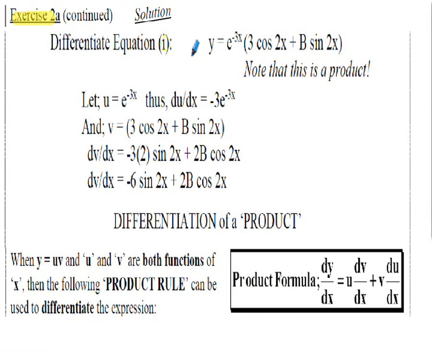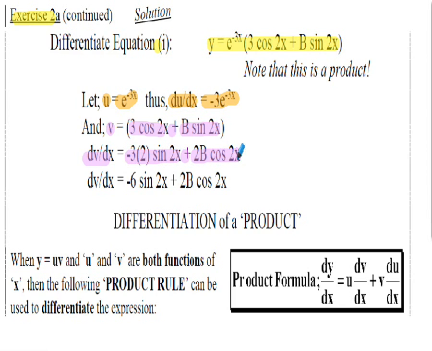Exercise 2a continued. Repeated equation 1 from the previous slide for convenience. So applying the product formula, we'll let u is equal to e to the negative 3x, differentiating du by dx is equal to negative 3 e to the negative 3x. And we'll let v in this case be the 3 cos 2x plus the b sine 2x, the bracketed term. Finding dv by dx, standard forms here, we get negative 3 multiplied by 2 sine 2x plus the 2b multiplied